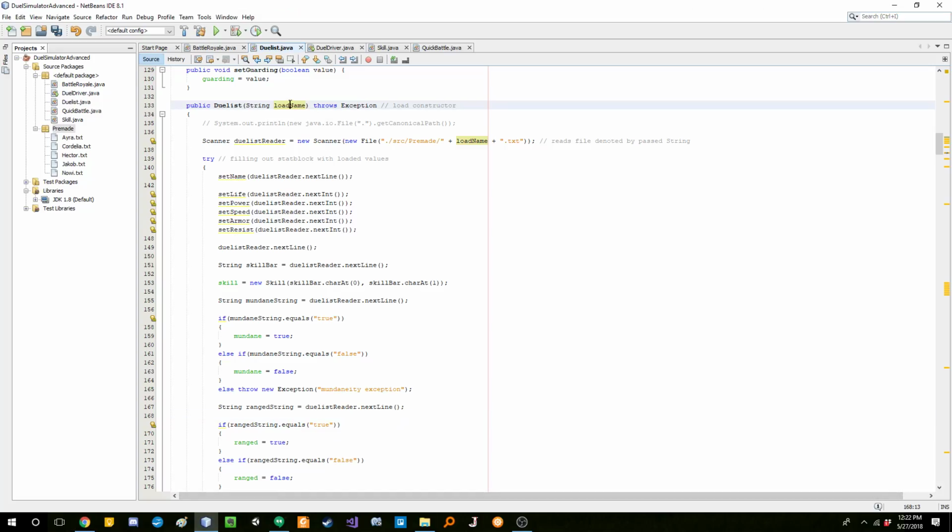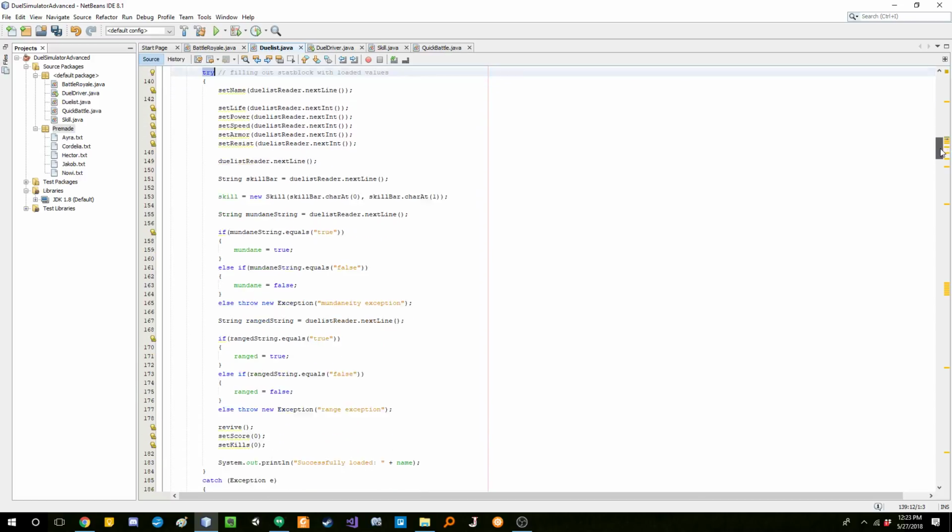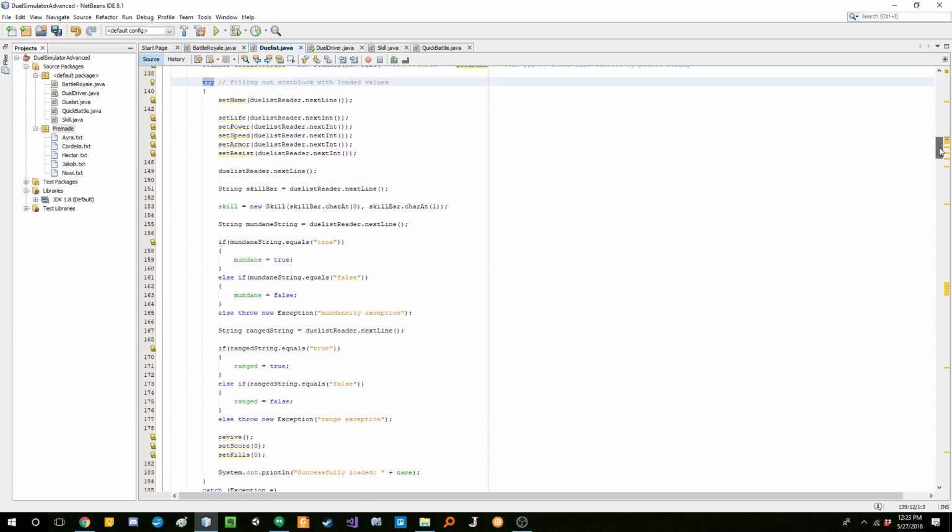So it takes a name, and then I set it up to equal the file path within source, within premades, some name.txt. The second thing that I do is I start up a try-catch block, and the try-catch block is necessary in order to perform I/O because there will often be exceptions thrown for a file not found or some other problem. So, assuming that none of those bad things happen, I set the name of the calling duelist,